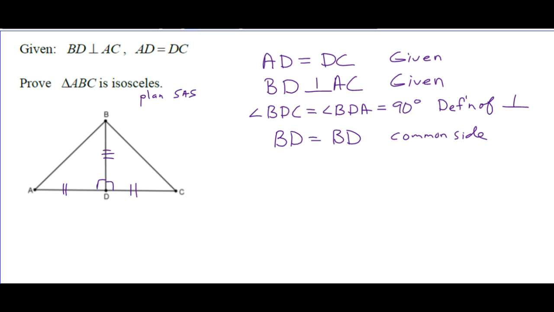Little 3 hash marks on there, right? Just because if you put the 3 hash marks on there, you can see, okay, I got the side with 2 hash marks, then I got the angle, then I got the side with 3 hash marks. Yeah, that's my side angle side, right? Side angle side. So therefore,